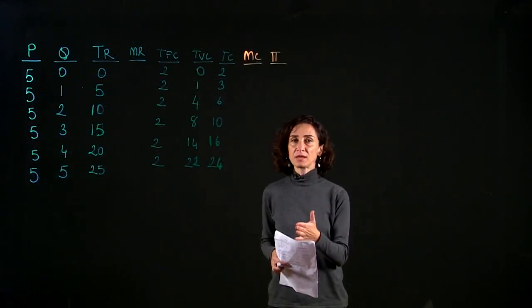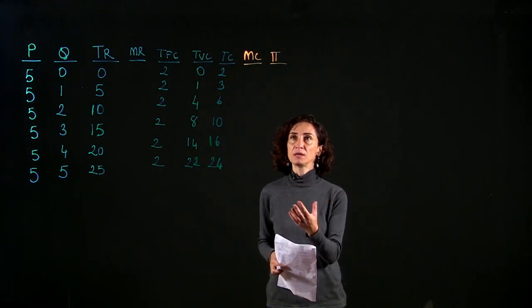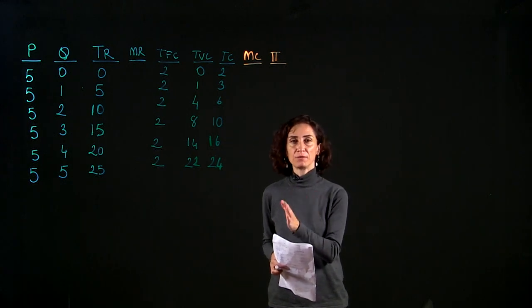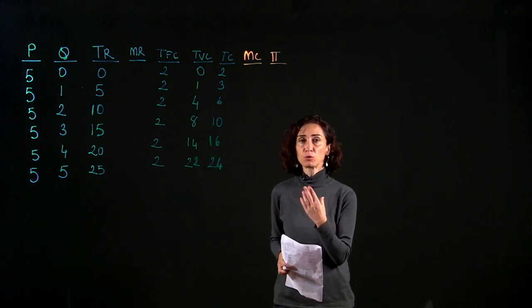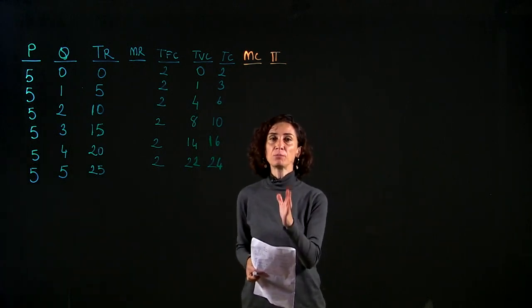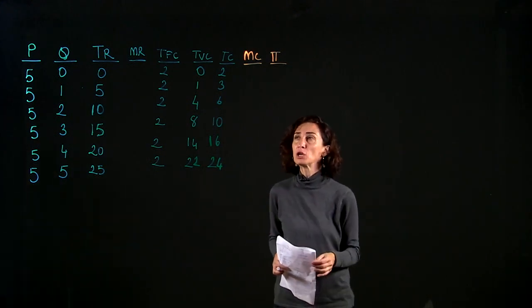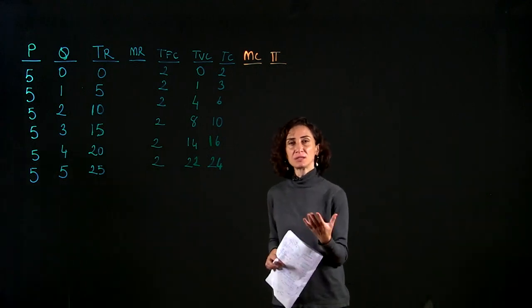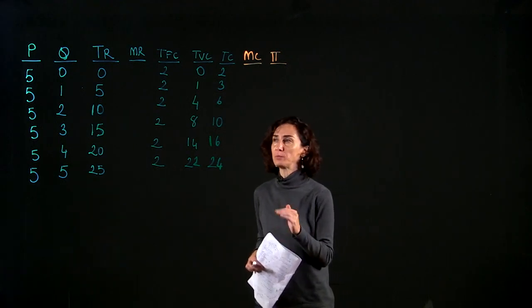Okay, now with this example, we will see how this rule, marginal revenue equals marginal cost, makes sense for a profit maximizing firm in a perfectly competitive market. We will try to see a numerical example. So let's look at the numbers first to understand these are really representative of a standard firm in a perfectly competitive market.